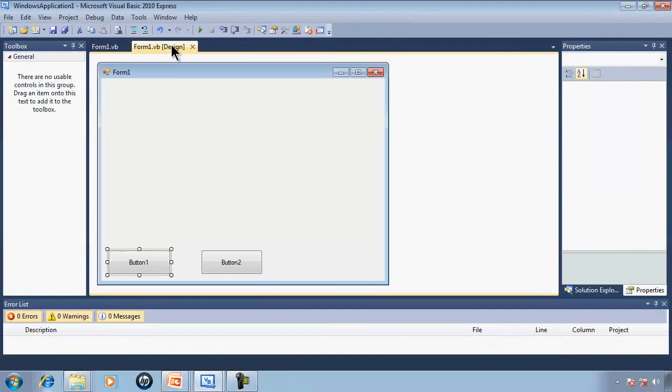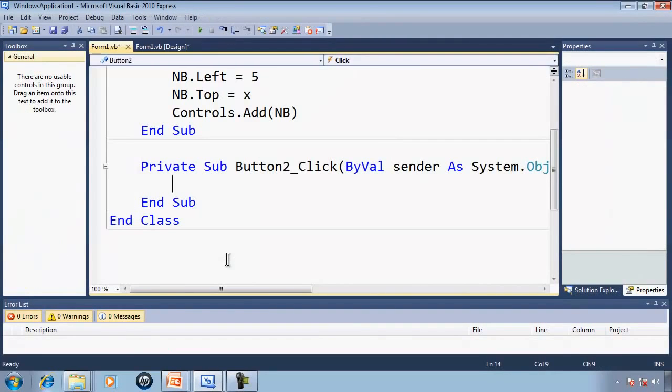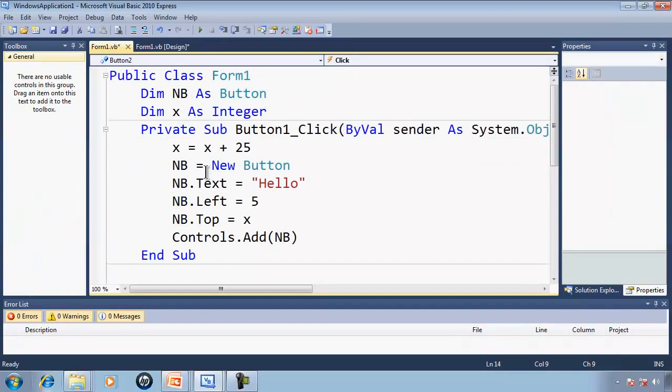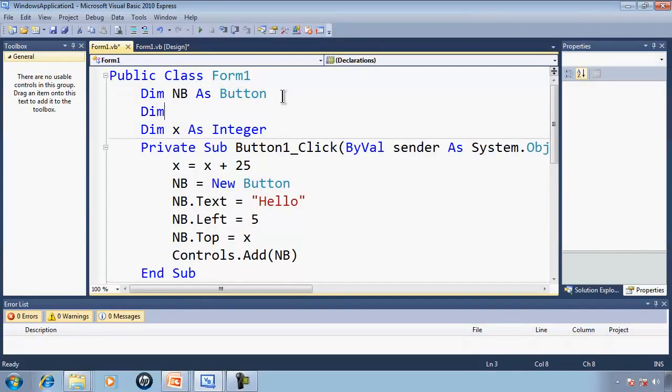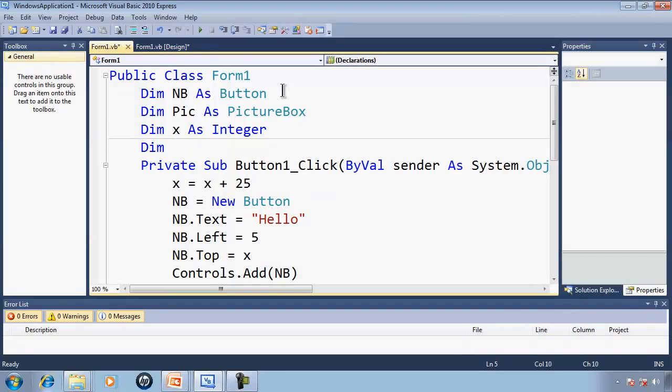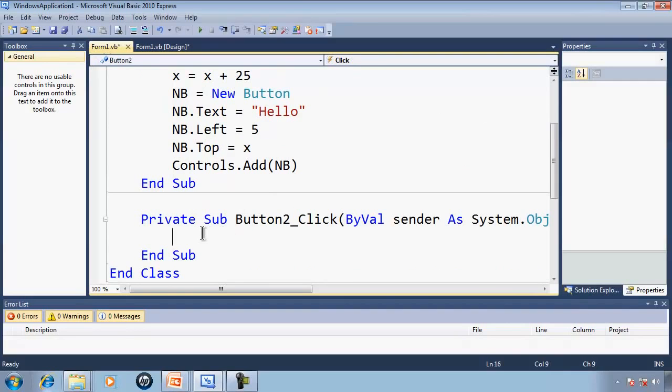Close down the form, and I'll double click on button 2, and this time let's work with a picture box. So once again, I'll dim a variable, and I'll call it pic, as picture box. And I may want to do the same thing like I did with X, so I'll have Y as integer. Okay, I'll set Y to equal Y plus 50 because the picture box that I'll use will have a width and height of 50. So pic is equal to new picture box,